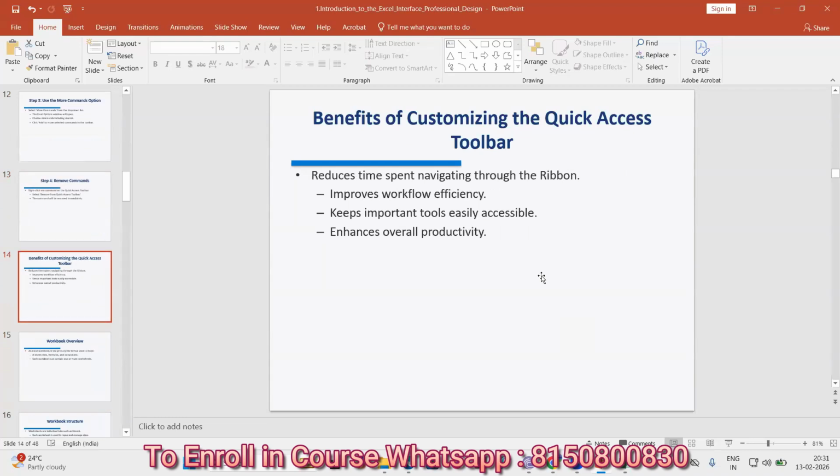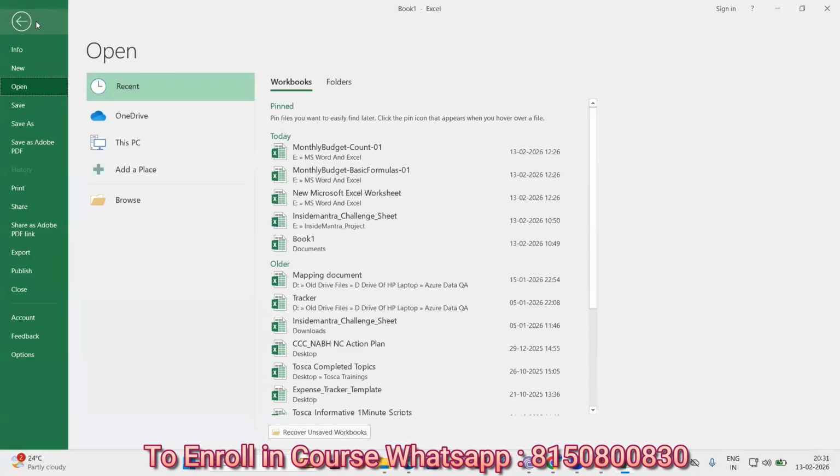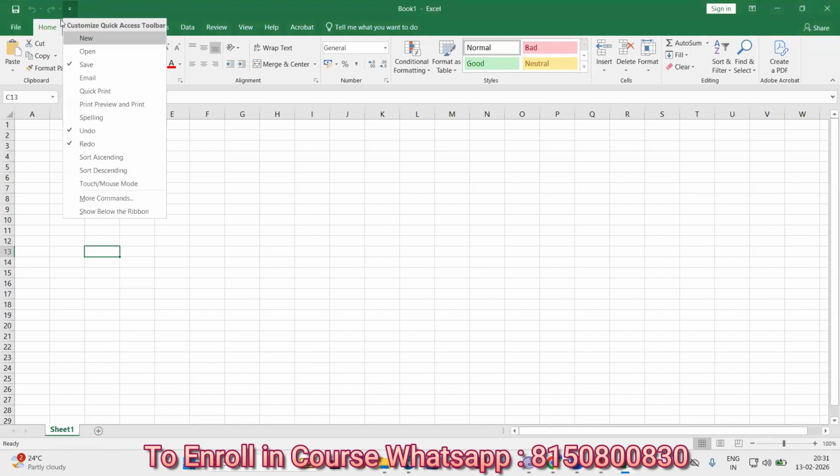So here, the benefits of customizing the quick access toolbar are that it reduces time spent navigating through the ribbon, improves workflow efficiency, keeps important tools easily accessible, and enhances overall productivity. That means it improves efficiency, it improves productivity, and it is easy to access. Instead of searching here and there, we can give the command here itself,